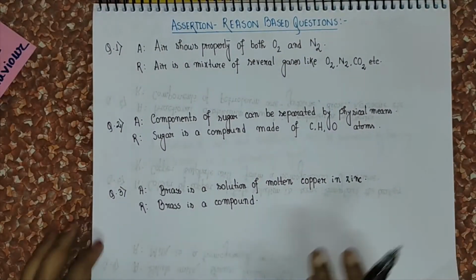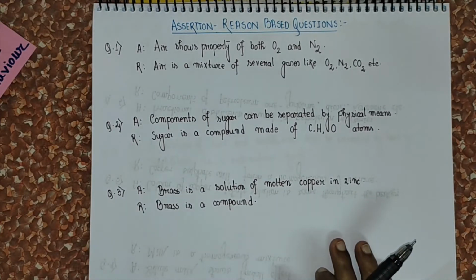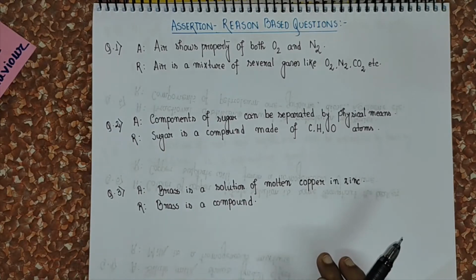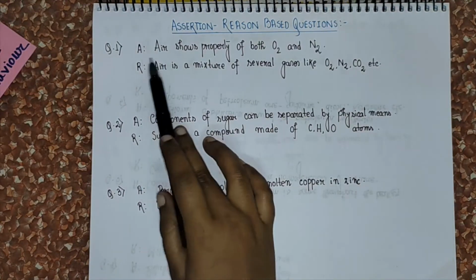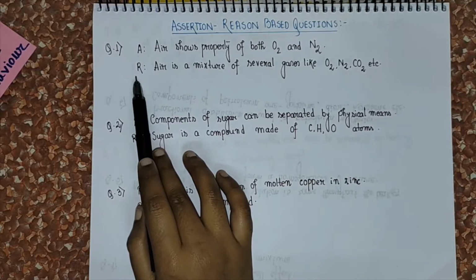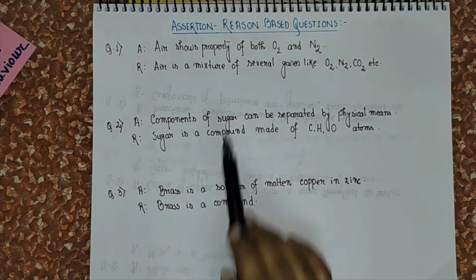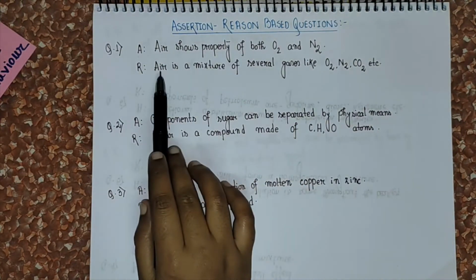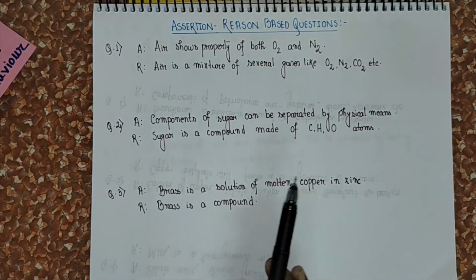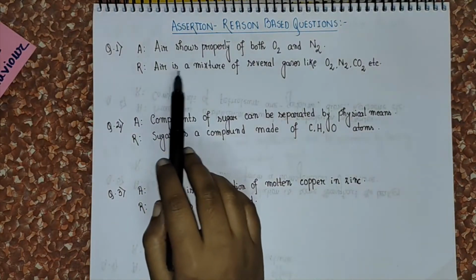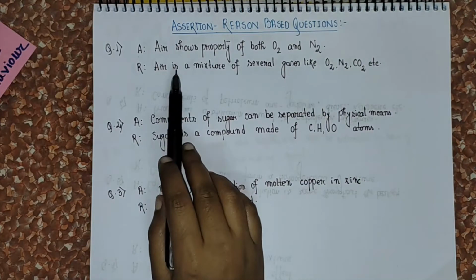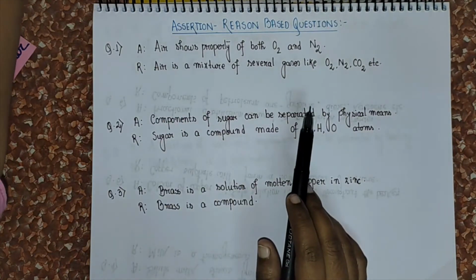Okay, so this is the first question for you. Before I proceed, you have to know what kind of question this is. In this type of question, two statements will be given. One is known as the assertion, the first statement, which is written as A, and the next one is the reason, which is represented by R. These are nothing but two statements. Now you have to check whether these statements are correct or not, and if both statements are correct, then you have to check whether the reason is the proper explanation of the assertion or not. Four options will be given.